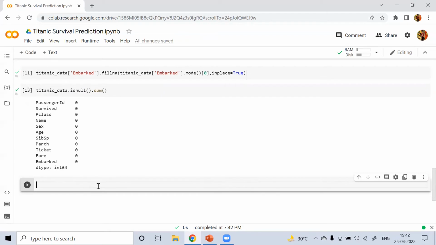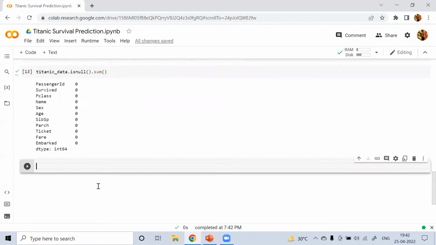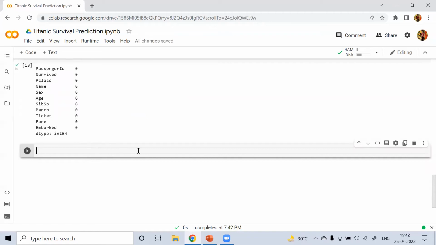So now we can perform some statistical measures about the data. Let's take our Titanic data. We will do that by using the describe function.